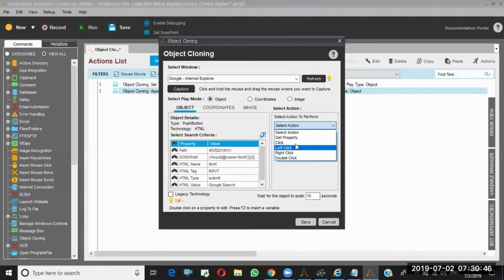So how will you decide whether you need to choose click or left click? Just try both the things. Whichever is working better in your scenario, choose that one. I will prefer the left click. I believe left click will work more efficiently than click. It's not mandatory. For some applications, click may work more efficiently than left click, but most of the time, in a generic way, left click will work more efficiently as per my experience. Okay, I'm saving this one.